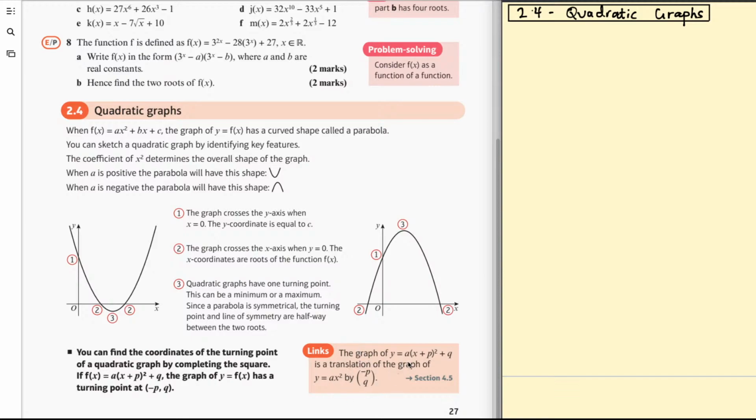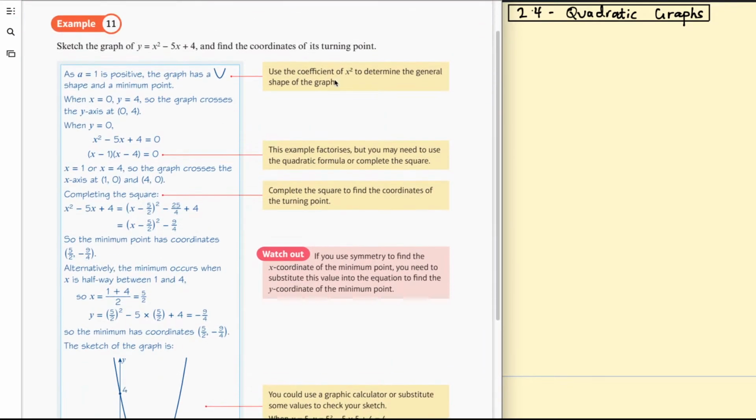And it says here the graph of y equals a, bracket x plus p all squared plus q is a translation of the graph of y equals ax squared by negative p, q. If you watch my video on graph translations, I go through that in more detail in that video. Okay,